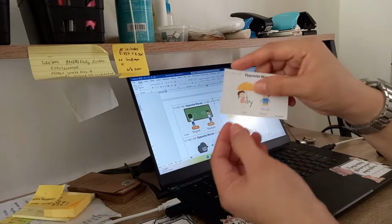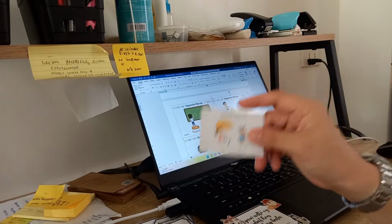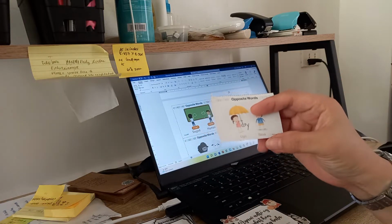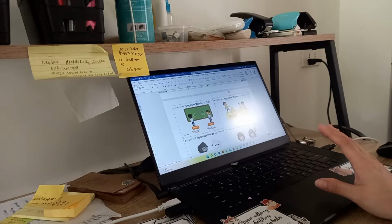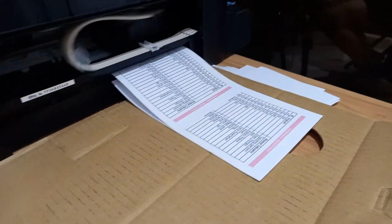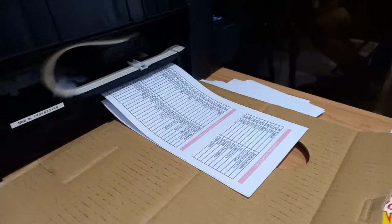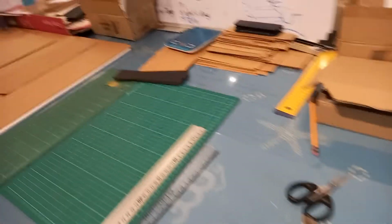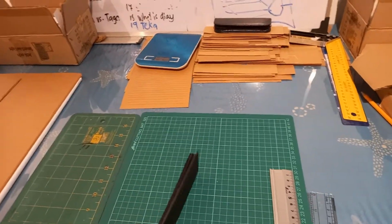Yeah, so I have to change the font here and make it readable. So make it bigger so that it will be easy to read. I think this is the last product that I should include in the learning kit. So I'm printing the pages of the vocabulary list, and in here I'm already clearing up some of the